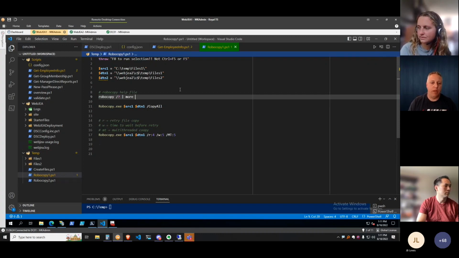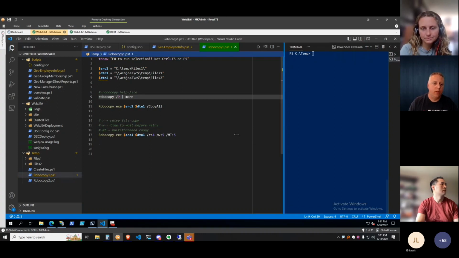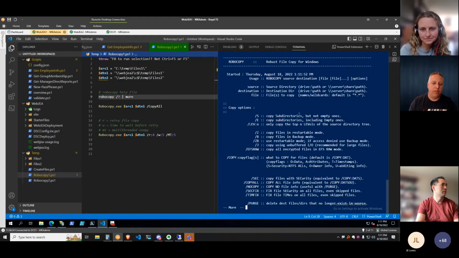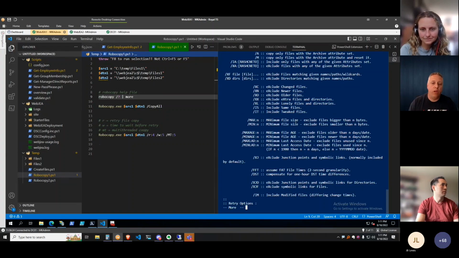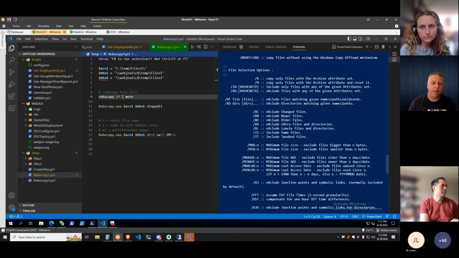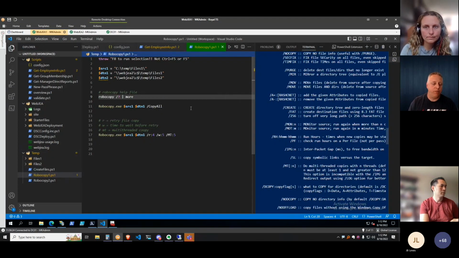However, Robocopy has one problem, and that is that Robocopy has about 1,000 switches. Of course, I'm being a little bit overdramatic with that. But if you were to run Robocopy and run the help file, you will see that there are quite a bit of switches that you can choose. And they don't really make a whole lot of sense if you're not familiar with Robocopy. Everybody's kind of got their favorites, but there's two things that generally run true with Robocopy. People use it to migrate files, and people don't remember the switches, so they all have a cheat sheet on what to do. In this case, one of the most common ones is copy all, right?